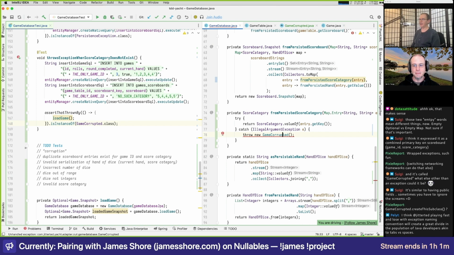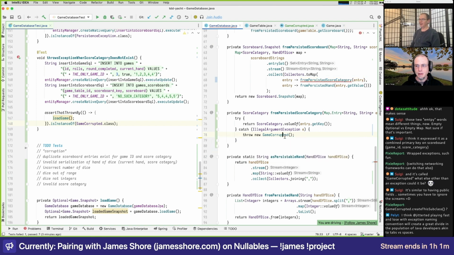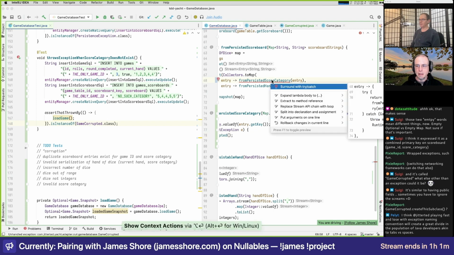Oh man, it kills me to use a runtime exception here, because it is an actual example of where this should be a checked exception. So what happens if we? Well, actually, it might not be so bad. Yeah, I mean, let's just put it. Can we just do a throws on from scoreboard, or what's this going to do to us?